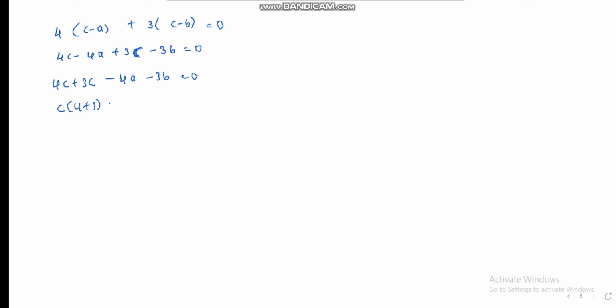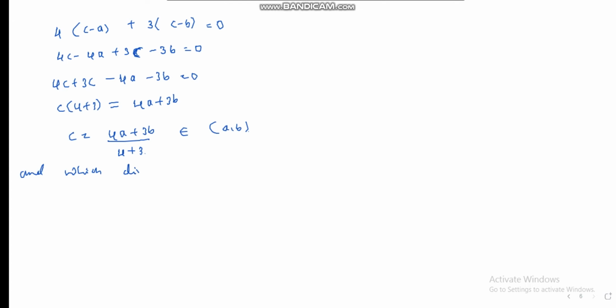Then again, 4a minus 3b is equal to 0, just transfer that side, so we get 4a plus 3b. The remaining term is again the same, only c is 4a plus 3b divided by 4 plus 3. Therefore, this belongs to the open interval a comma b,